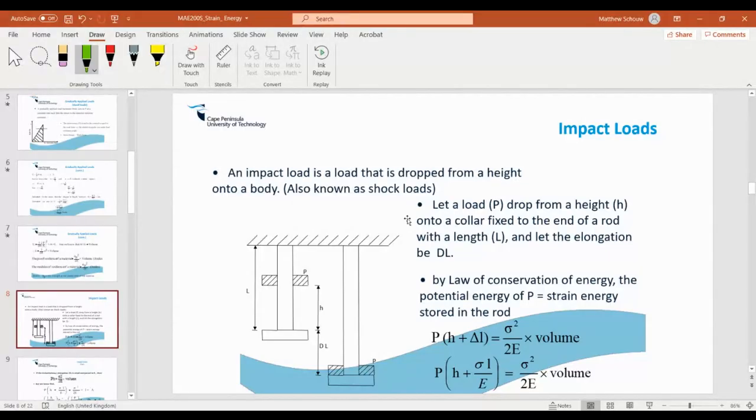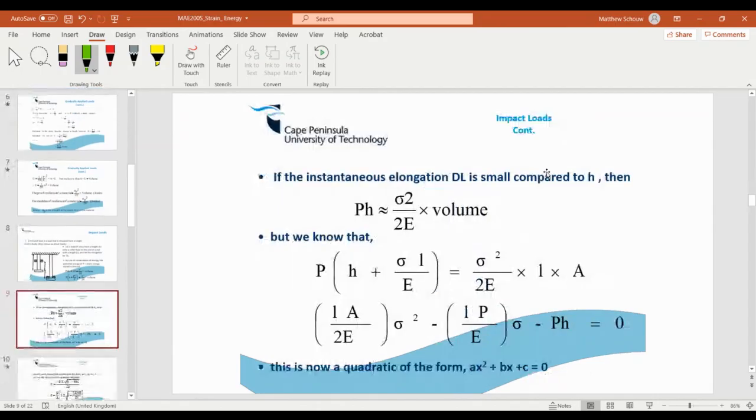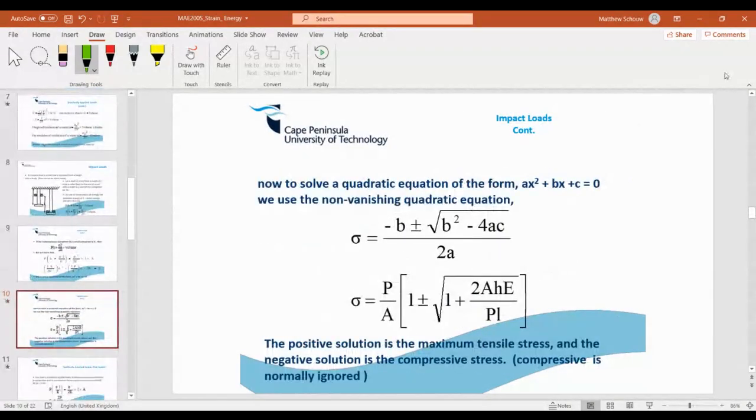Potential energy is converted to strain energy, so P open brackets h plus change in length equals the strain energy we got before. From this they come up with a new model: if you have a shock load, you use this equation, P over A, open brackets 1 plus or minus